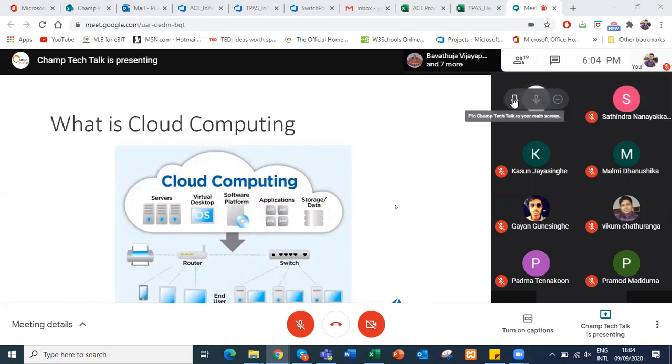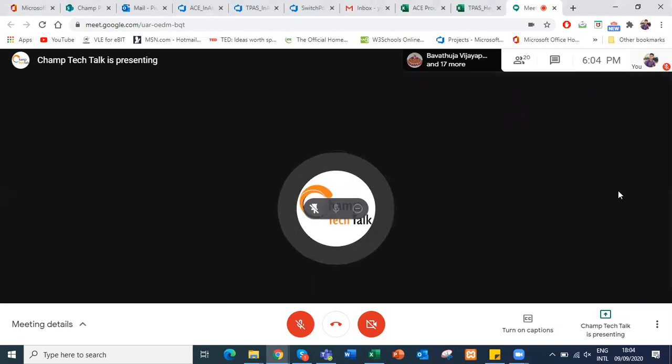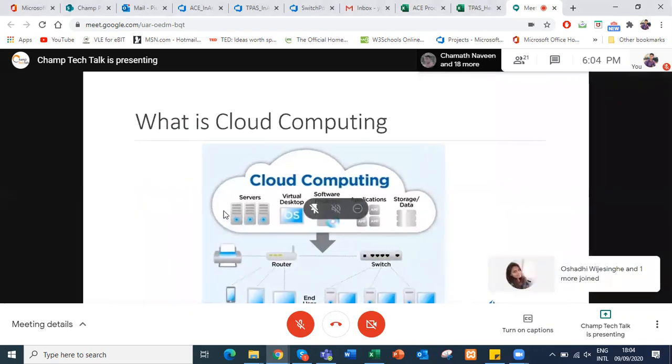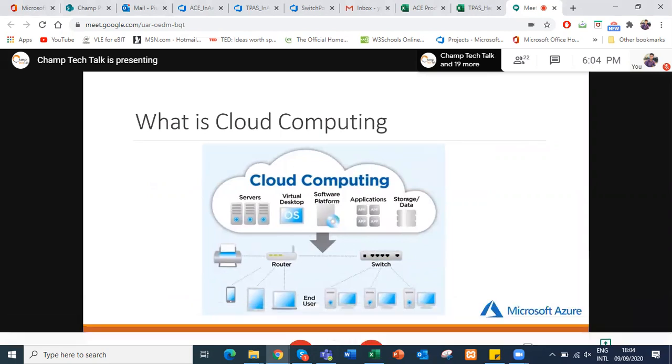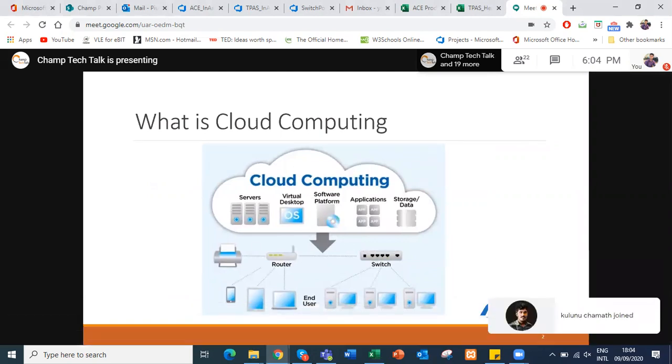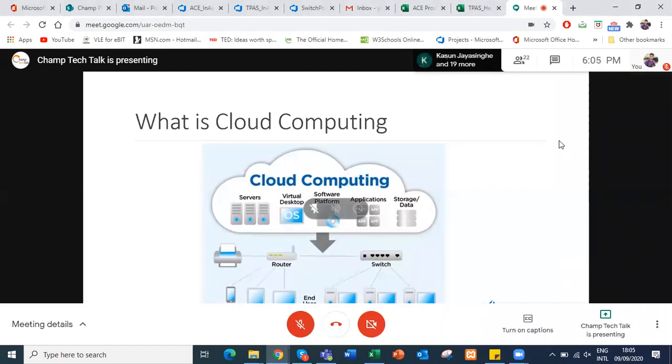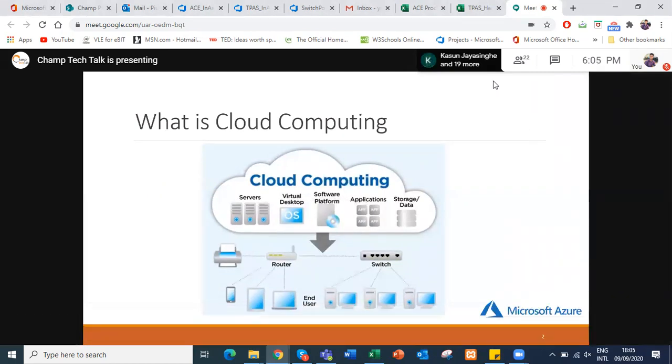Now you might get a question like, why are we moving to a cloud? Why can't I have my own data center? The answer is, as I told you, the phrase pay as you go. If you want to start your own data center, your own server room, you have to have an upfront cost.